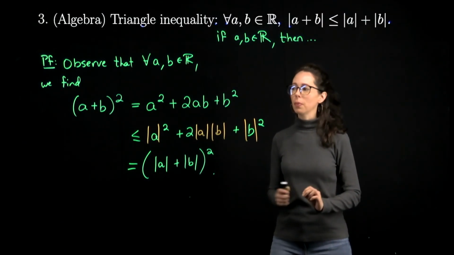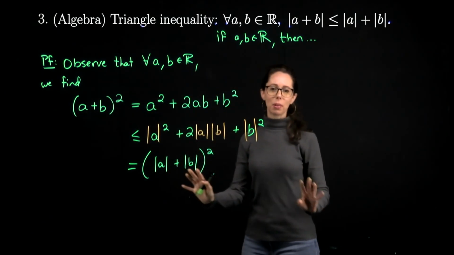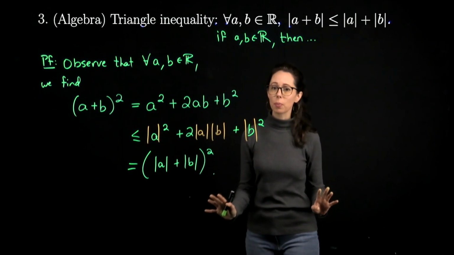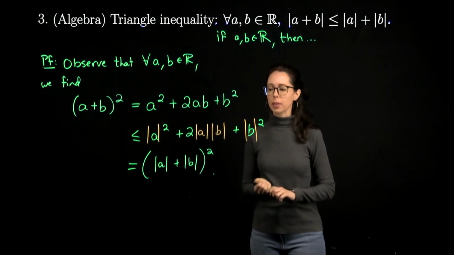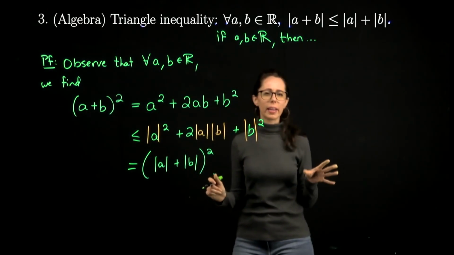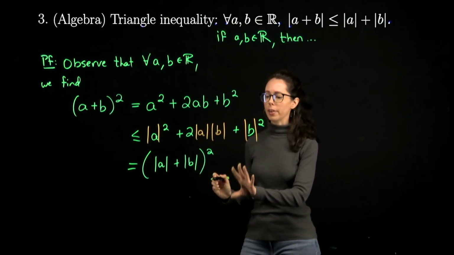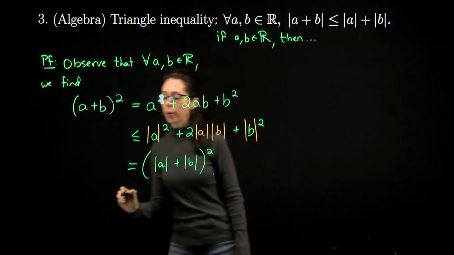Be careful when you square root this expression, it is not a plus b, because a plus b could be negative. It's the absolute value of a plus b. All right. I'm going to write here maybe a little bit more about the algebra than necessary, but let me be very specific about what's happening. Taking the square root of both sides,